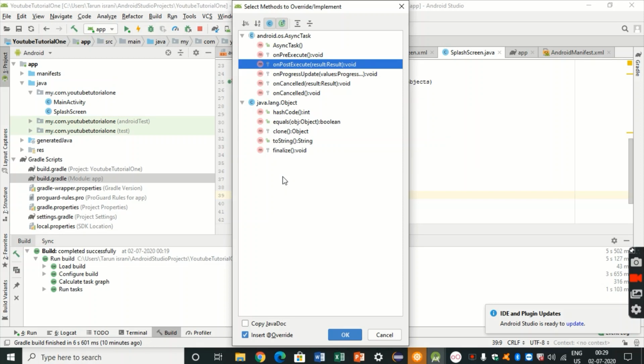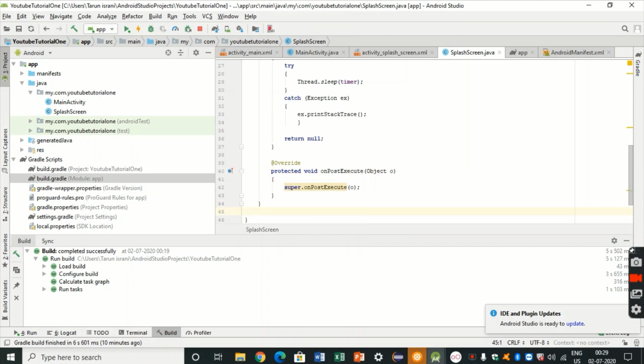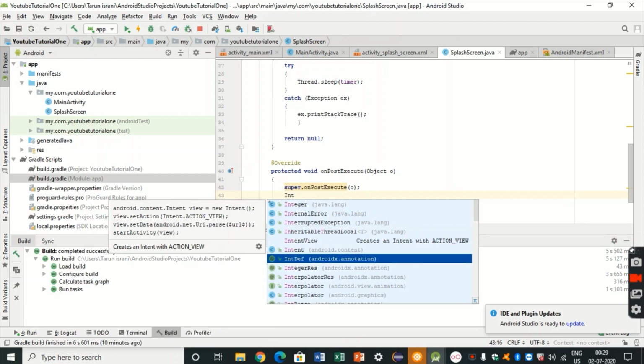Now after the background process, we need a result. What is the result of it? Now here we'll define the result. After 3 seconds, we need to navigate from one screen to another screen. Now the concept of intent comes in here. So intent is a class